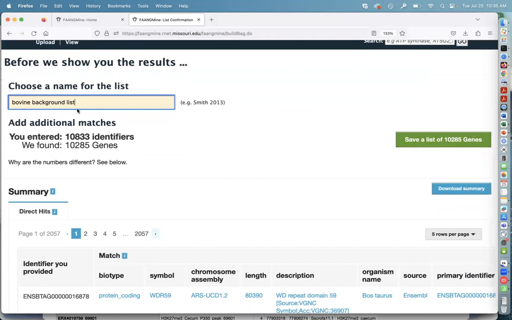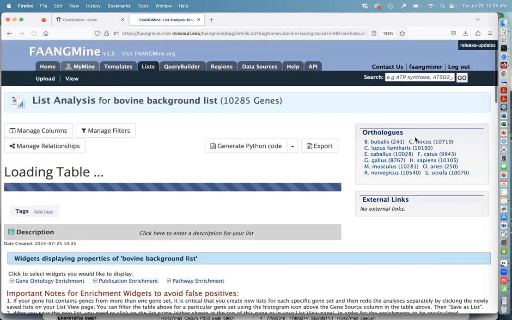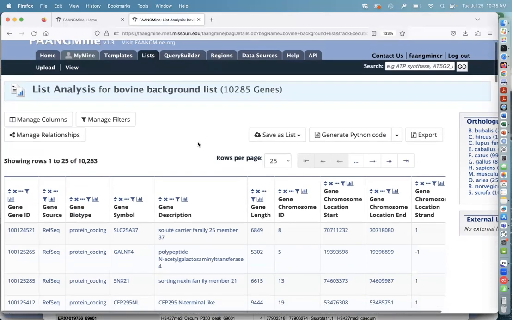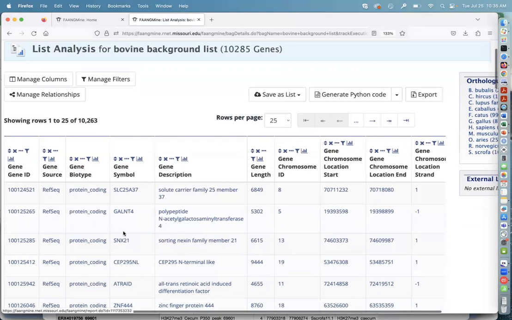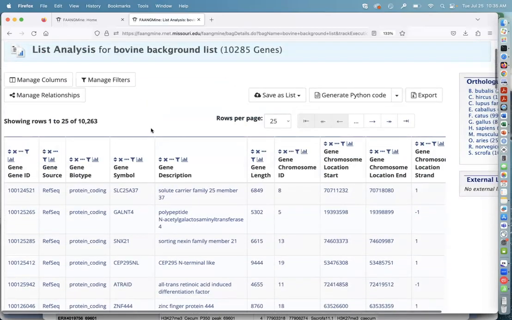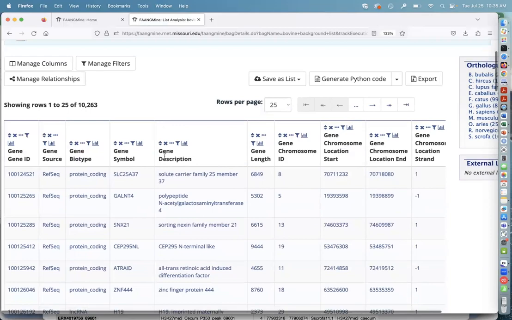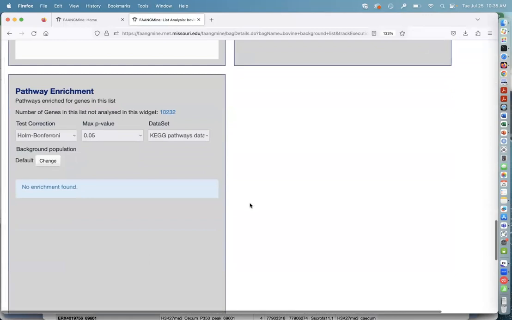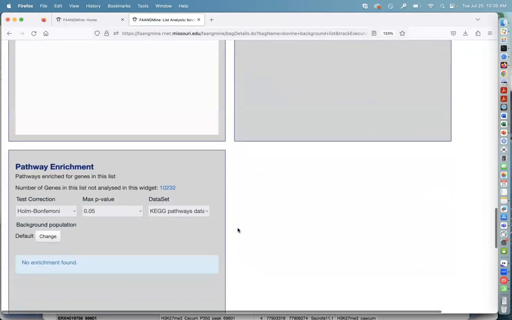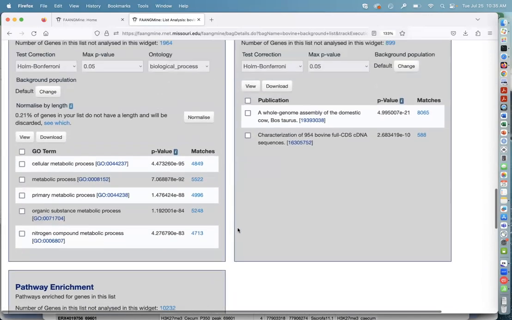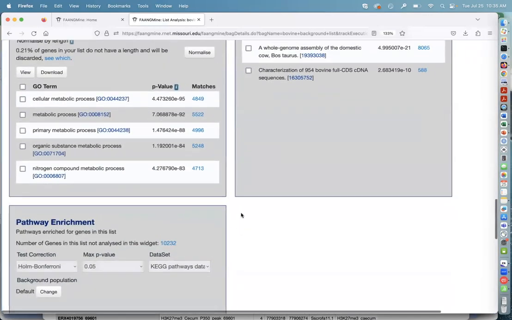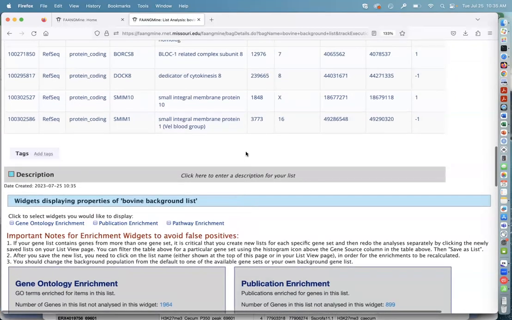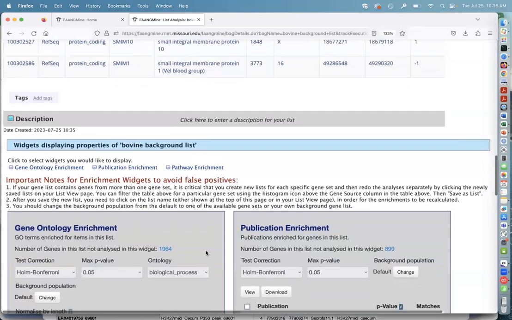We're going to save this list after we gave it a name. Now it's saved for me. This brings me to a page with a table that gives information about the gene list that I entered. This is just default information. If you scroll down, you'll see there's an automatic gene ontology enrichment. This gene ontology, publication, and pathway enrichment is done automatically whenever you enter a gene list, but usually you want to just ignore it until